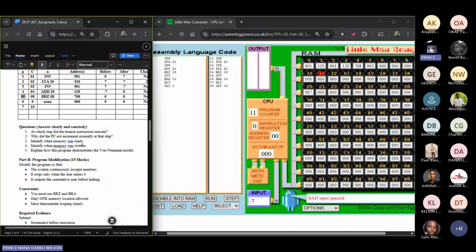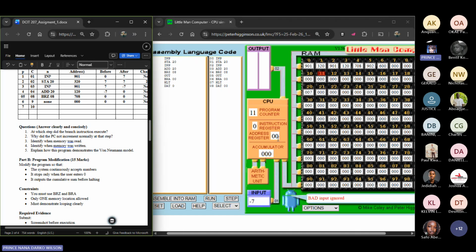Identify when memory was read. Now, memory was read a couple of times. However, the one the question is pointing to is when data was read from memory. Because if you want to know when memory was read, every single time we took an instruction, the memory was read, the instruction was retrieved and brought to the control unit, and the control unit broke it into the instruction and then the address. So every single time it was read. But this one is targeting